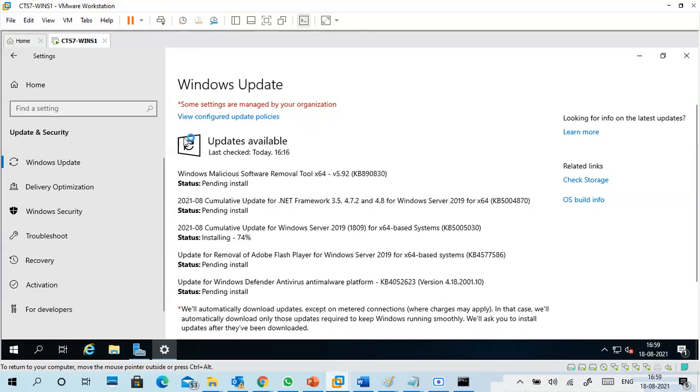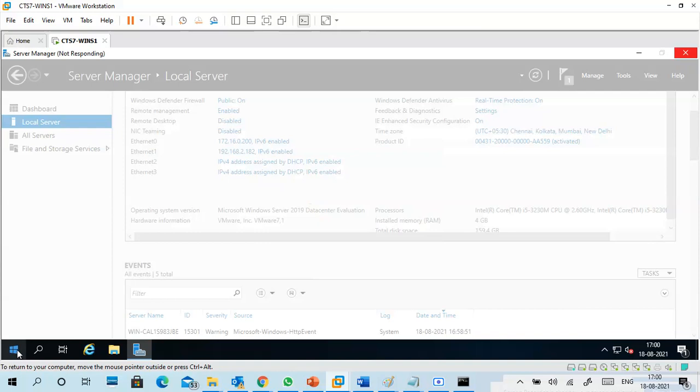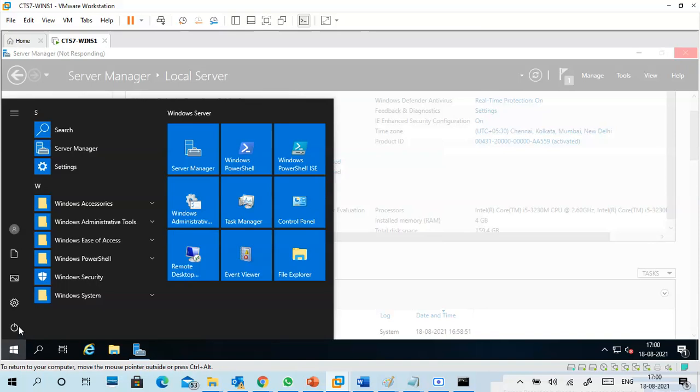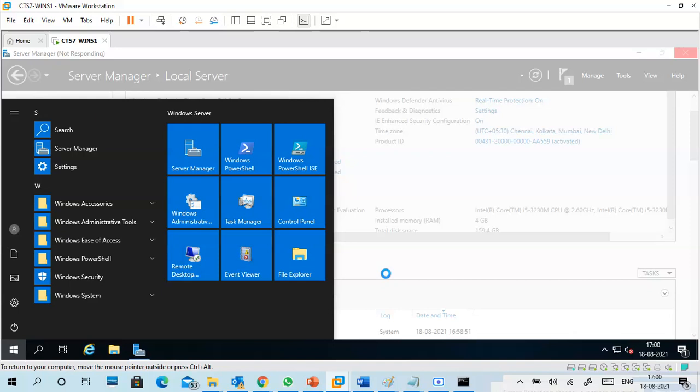It will be slow because of these updates. Restart. So before going to restart, I want to test once.